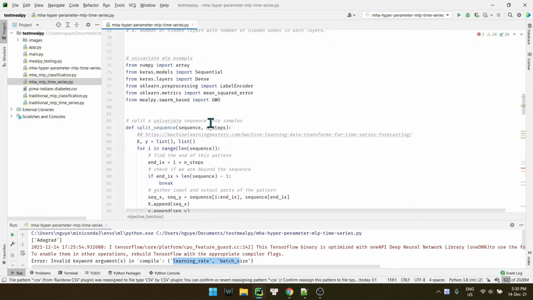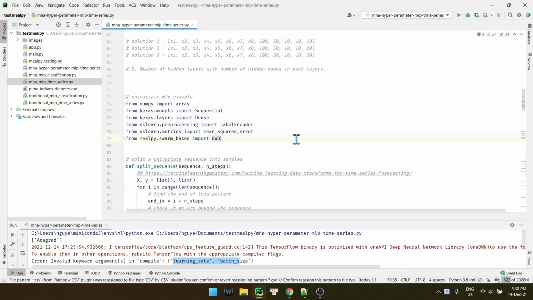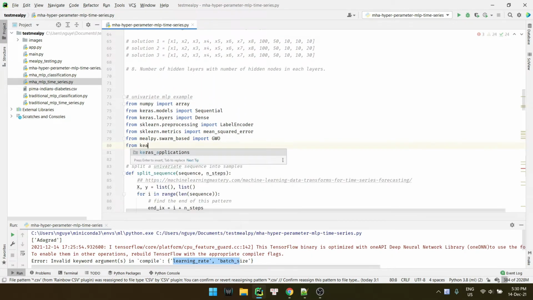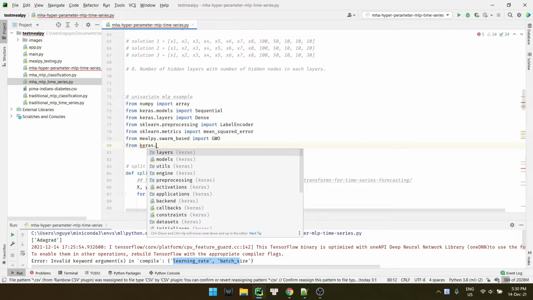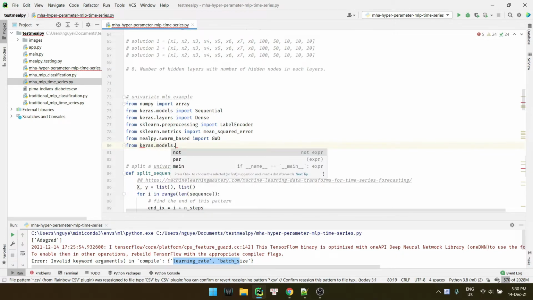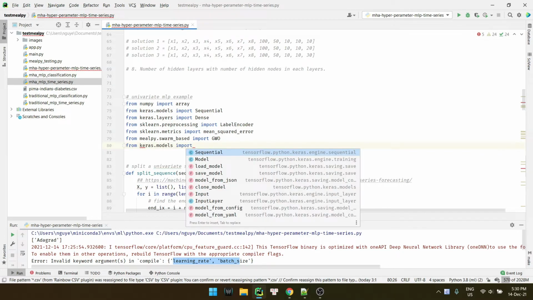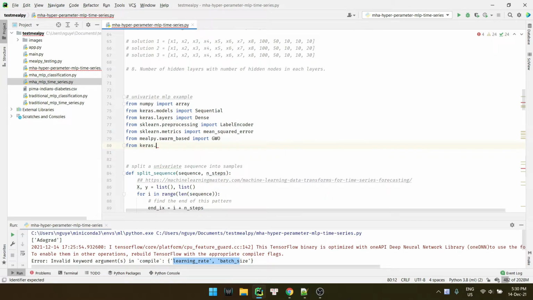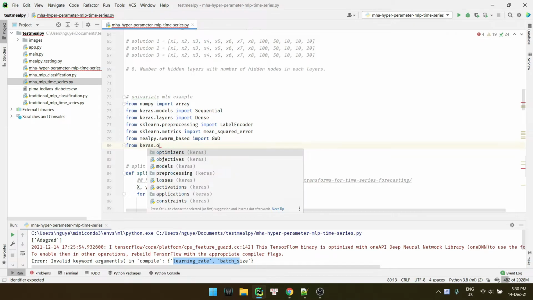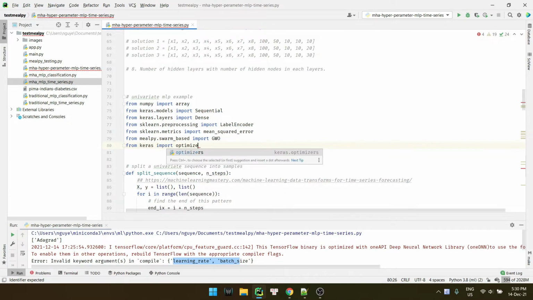Okay, from Keras. So we should import from Keras. We should import optimizers, right?